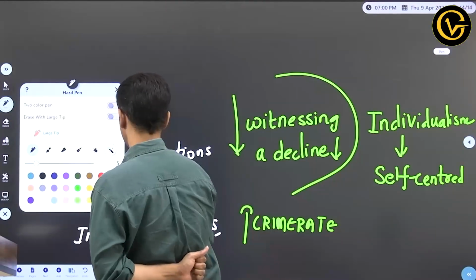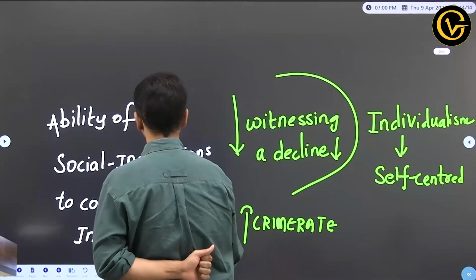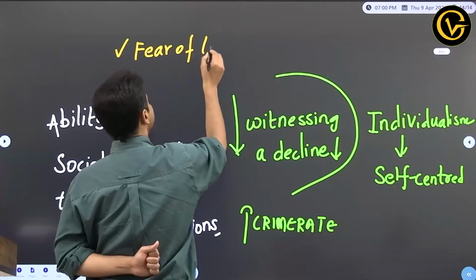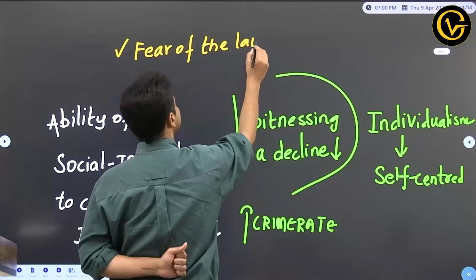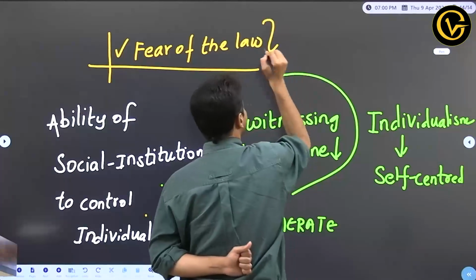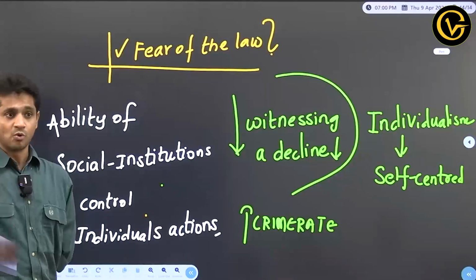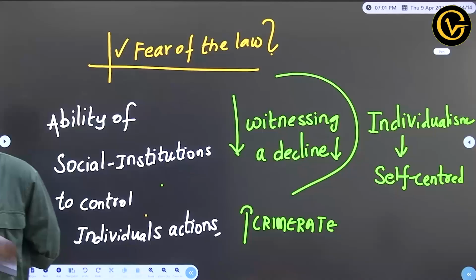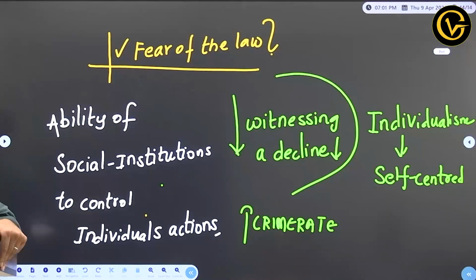Now if an individual is not doing wrong, it's purely because of fear of law. For most people, it's fear of the law that is controlling the individual's actions in the current times. But for any reason, if the law and order, to be more precise the criminal justice system, is not doing its job properly, what may happen? Then crime rate will increase. That is happening in the current society.